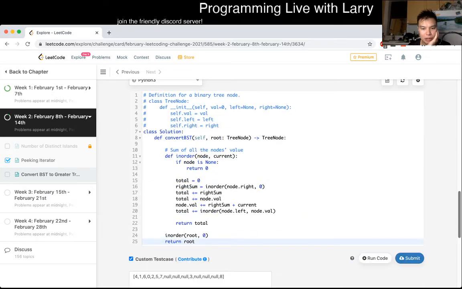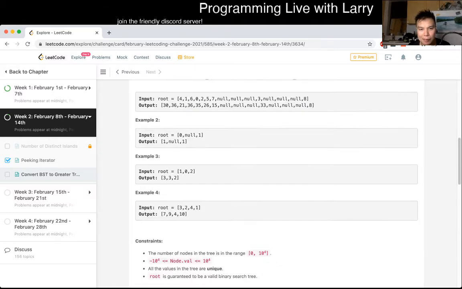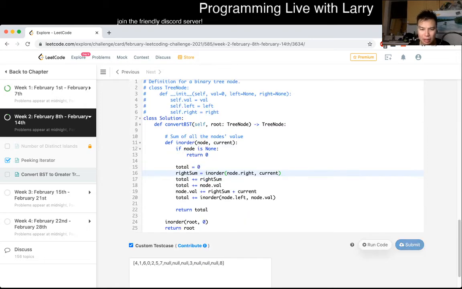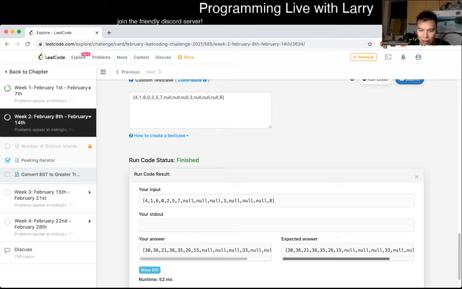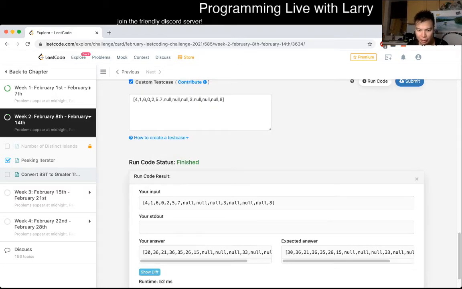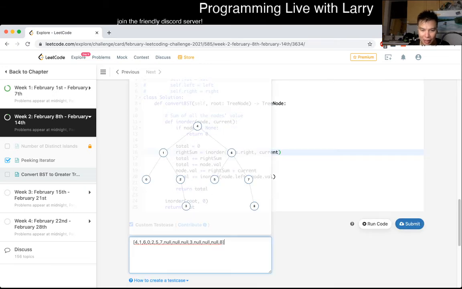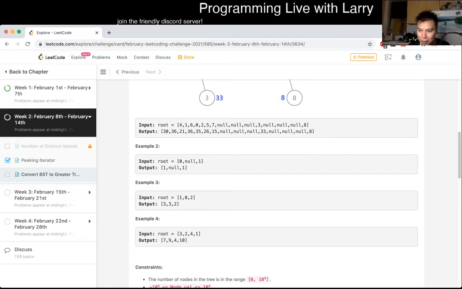So we do need to figure out, is this good enough? Passing in the current to the right side. Okay. Yeah, that looks okay. Right, so let's put in more test cases. I still wish the daily problem had a test case parser, but